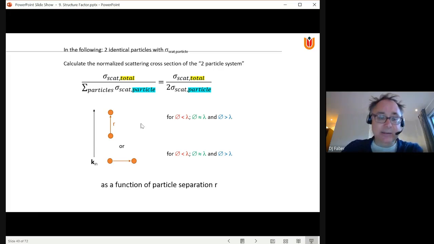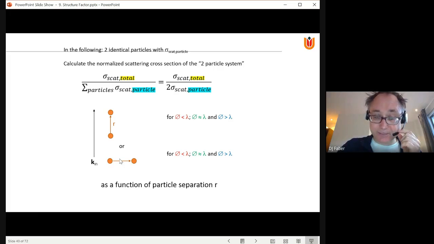We can do that, to start with, for two configurations. Both have an incoming wave vector in this direction. The first system has two particles aligned at a certain distance r, aligned along the incoming wave vector. And the second set of simulations has the particles aligned distance r apart, but perpendicular to the incoming wave vector. So by the construction of the vector q, these will give different